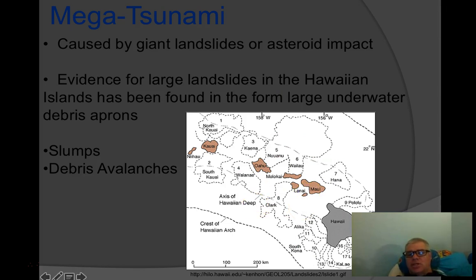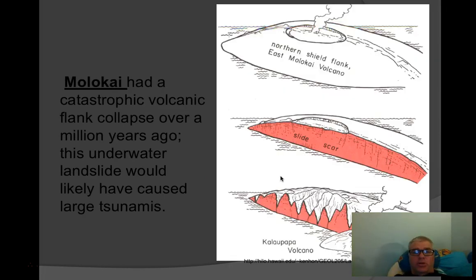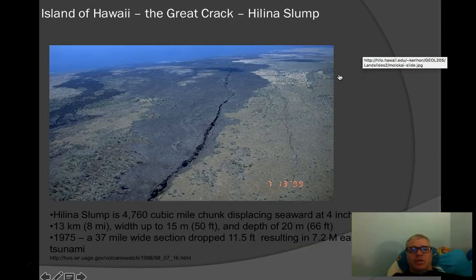And the thing that's kind of scary about that example is that there's evidence that this has actually happened almost 20 times around the whole island chain at some point geologically. So when that happens, it creates these really, really large tsunamis. Again, that video talks about where the whole eastern flank of the volcano just collapsed into the ocean and created this gigantic tsunami.